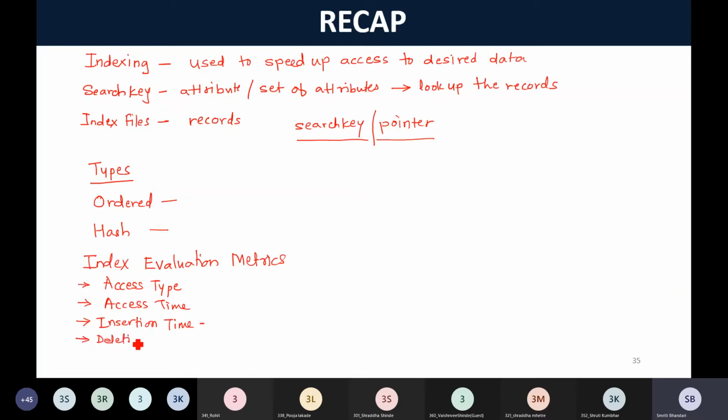Similarly, we are having deletion time, and also we are having the space overhead. So based on these 5 criteria, these 5 metrics, actually the index under consideration is being evaluated, right? And depending on the application and the metrics those we are considering, we make a decision which index to be used,